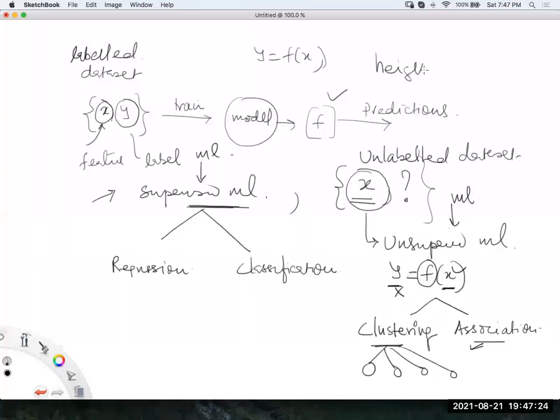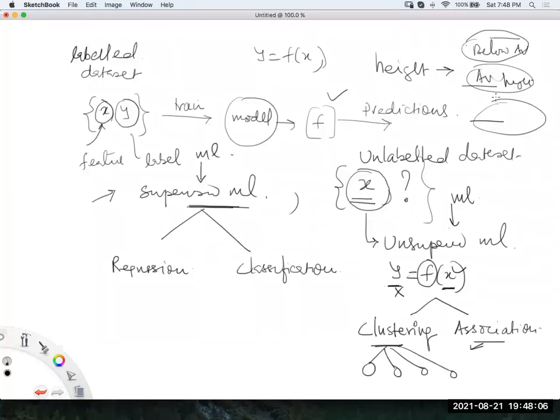Based on the height feature, can we divide or cluster people into three subcategories, where we can say this is the group of people with below average height, this is the group of people with average height, and this is the group of people with above average height. So a kind of taller, a kind of average, a kind of shorter. This is also something we can do, right? So this is how you do clustering, guys.